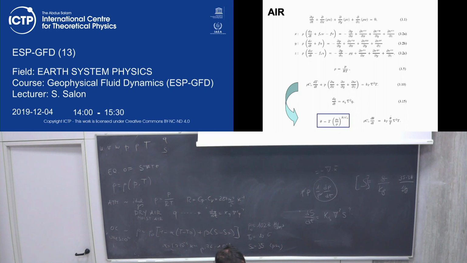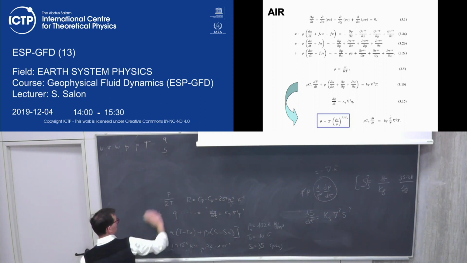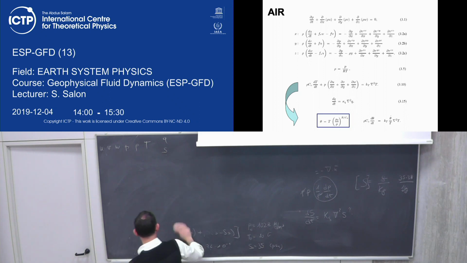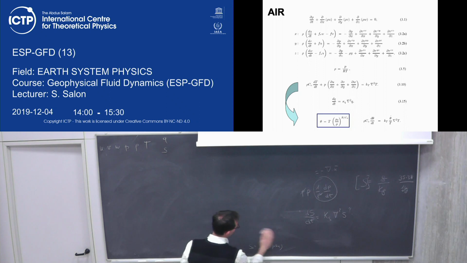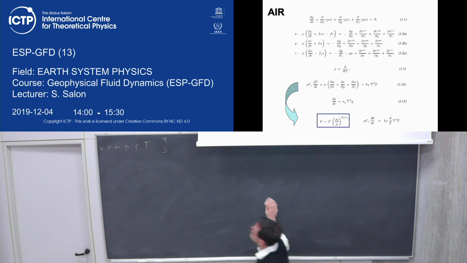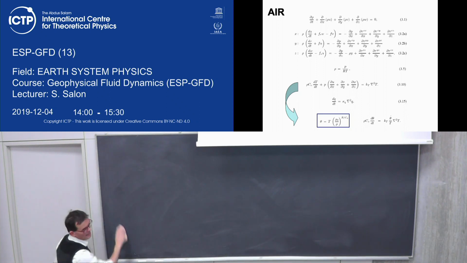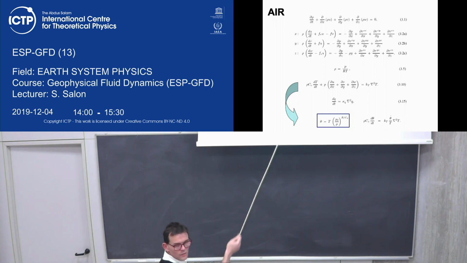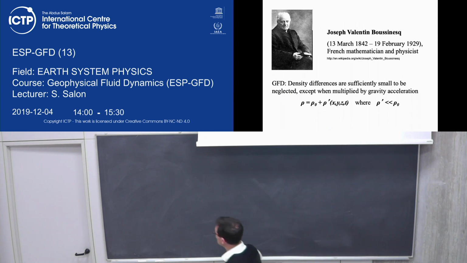So in the history of GFD, people started to use approximations. Approximations are extremely important, and they are in some sense inherited from engineering, because the idea is to highlight which are the most important terms. So I'm able to neglect some of these terms and solve a reduced form of these equations? Actually, yes. So the first approximation that we can do is the one which